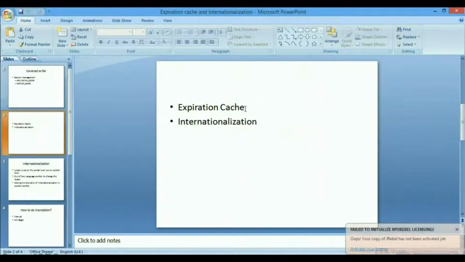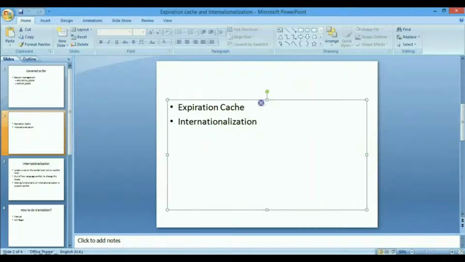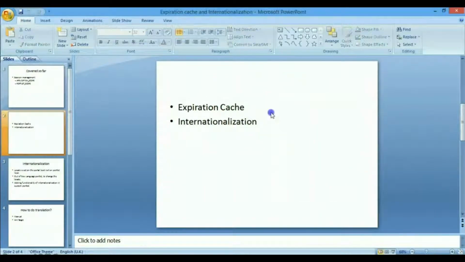For that, we can have a portlet that will fetch the data from the database every time a hit is made, or after every 1 hour the cache will be changed. After 1 hour only the database will be hit, else it will be serving the data from the cache.